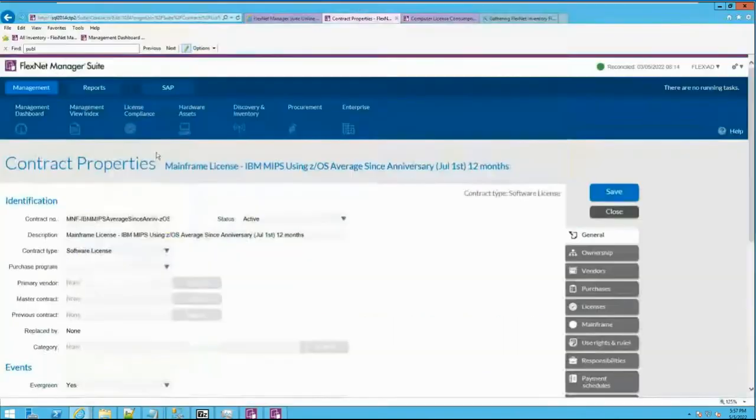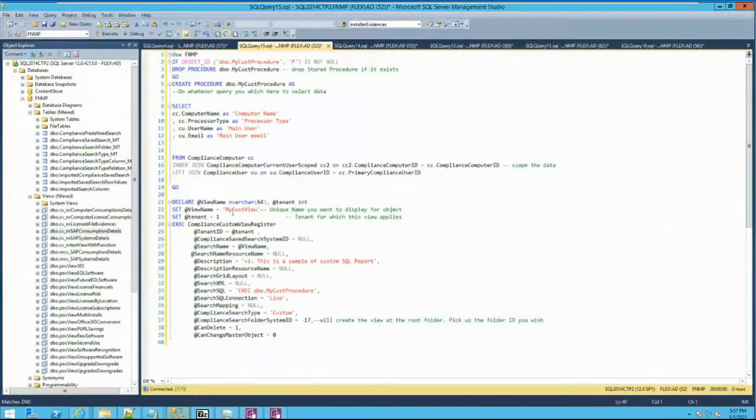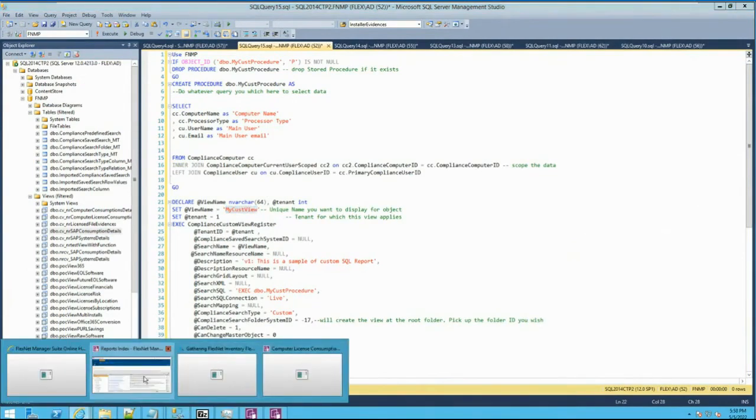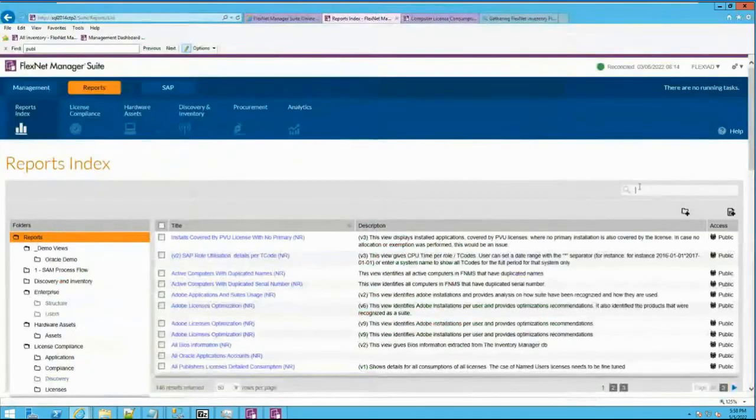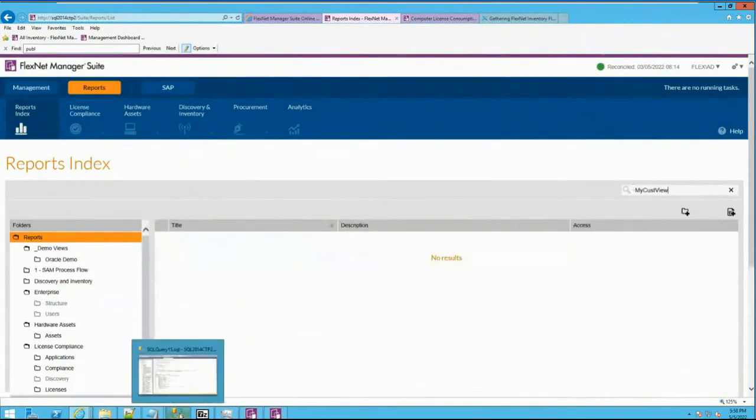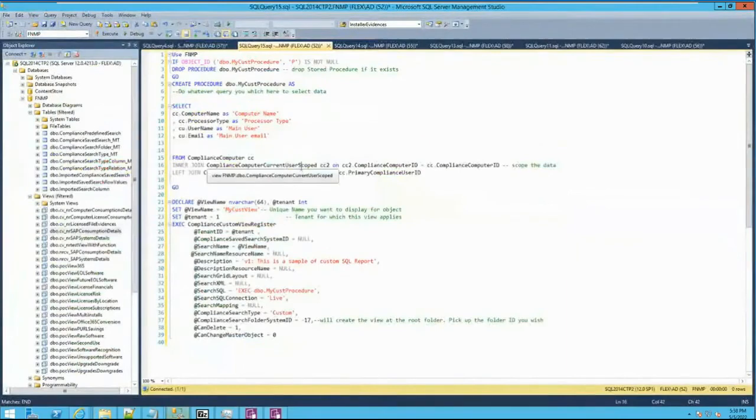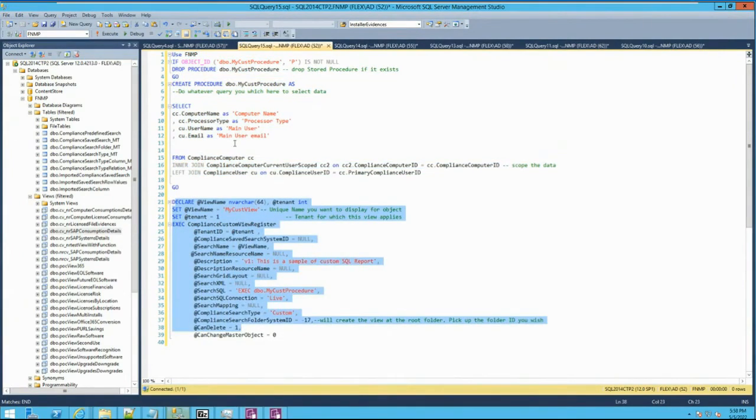In the reports, I don't have any report named my custom view. It's not a beautiful name, but okay, so I'm checking here, in the reports, nothing is called my custom view. If I run that, very simple, which has a stored procedure creation step and a report creation step, custom report. You run this,